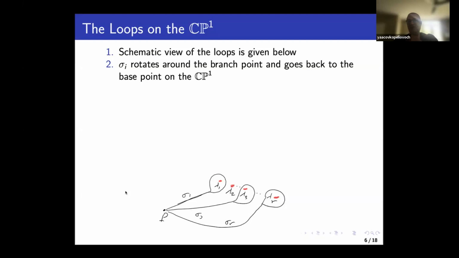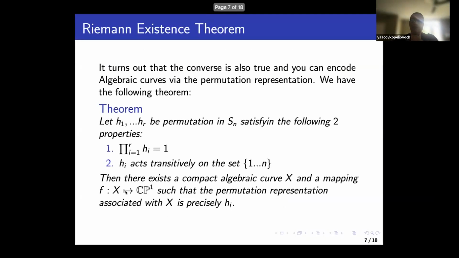And if you look at these loops on a sphere, you will discover very quickly that their product must be 1, because you have the homotopy to take it out from the other side. If you picture the sphere, you can take this loop, the product, and take it into the trivial loop from the other side, which doesn't cross these points. Because we are talking about covering from the algebraic curve to the sphere, we have this